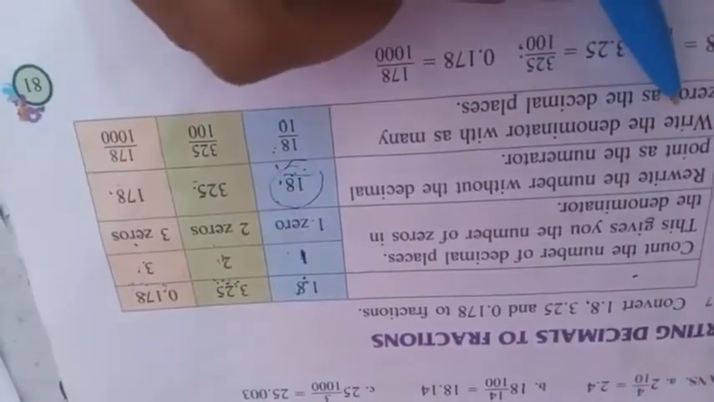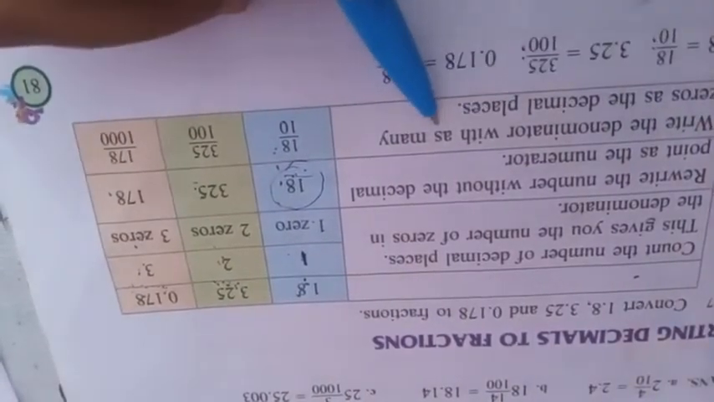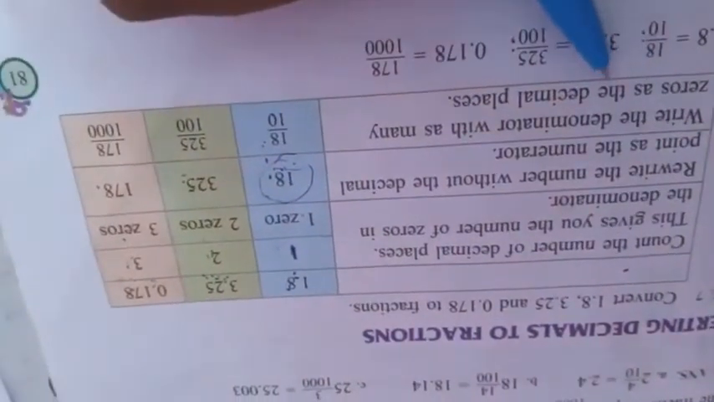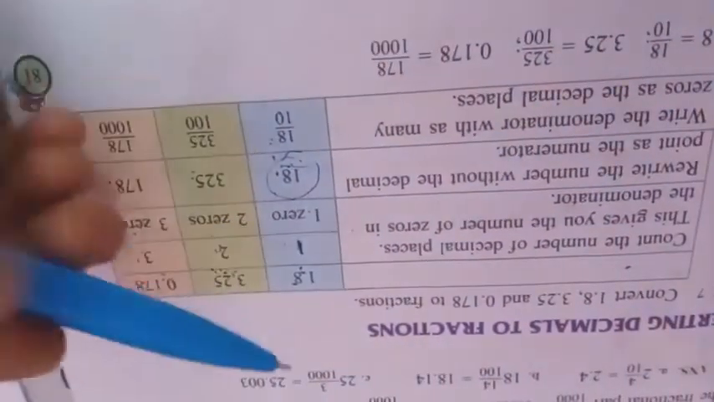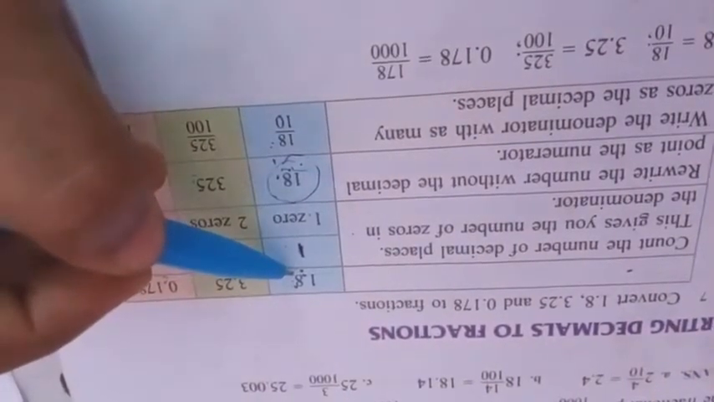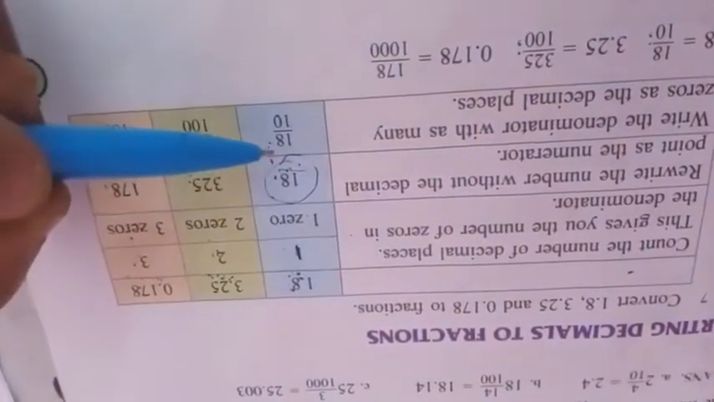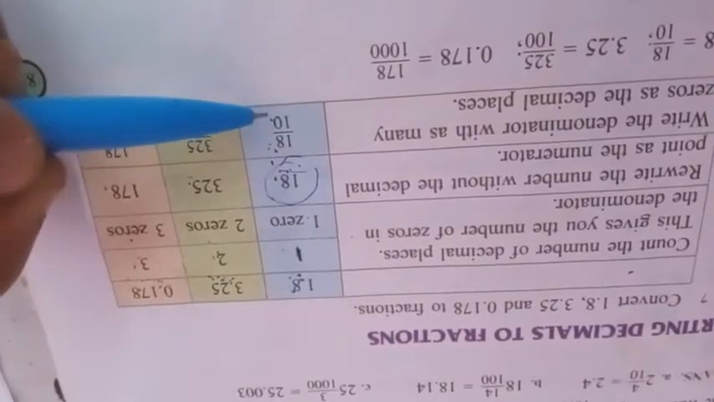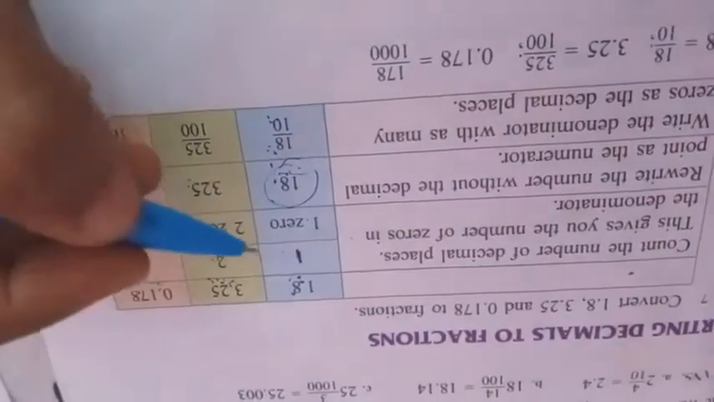I will read again. Write the denominator with as many zeros as the decimal place. Which is the decimal place? After the point, how many numbers are given? That many zeros we have to write in the denominator place. So